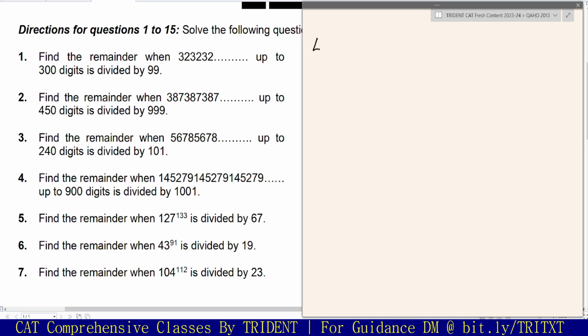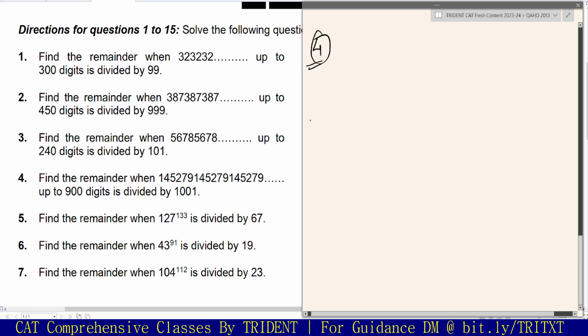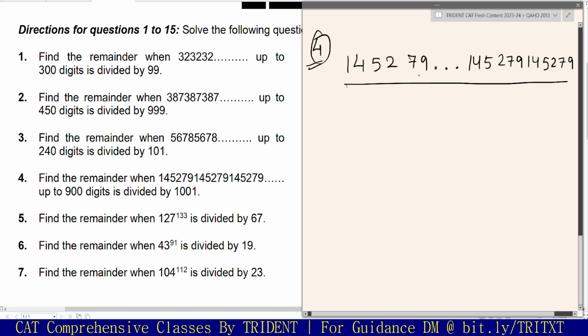So this is the fourth question now. The fourth question says, find the remainder when this number is divided. This is a big number, 145279, 1452 and 79. This humongous number gets repeated up to 900 digits. So let me write it: 145279, 145279. Okay, and I need to find the remainder when this gets divided, 900 digits,